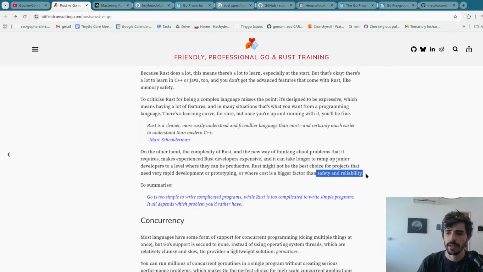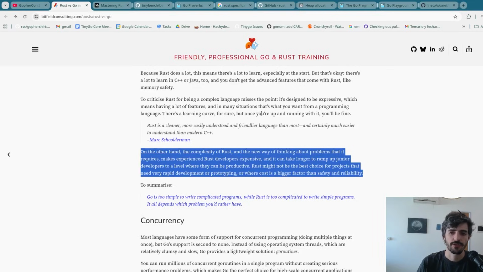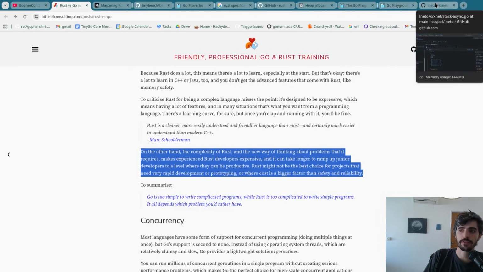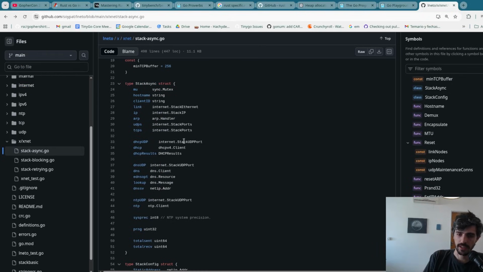It's a shame that people have this view of Go and Java and all these languages because of nil pointer exceptions. And yeah, it's true, nil pointer exceptions are much more common in languages like Go than Rust, but it's mainly due to programmer choice. I wouldn't even say programmer error, because bugs are just a fact of life, and you're going to have bugs in Rust and you're going to have bugs in Go.